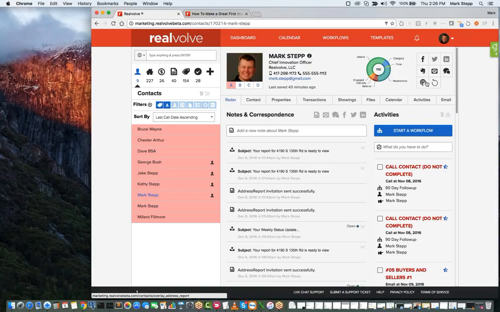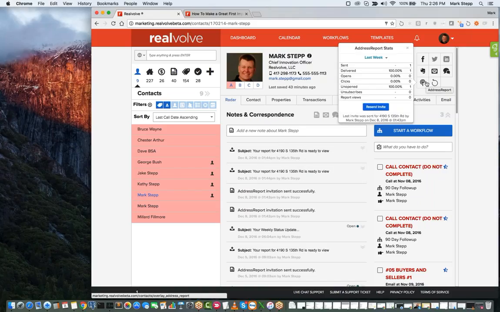So let me go to this here. There we go. Every time you send that out, it will show you how many times it has been sent and delivered. I haven't opened my email yet, so I know that I did send it, but it's not been opened yet. But how many times did they view the report that was sent? That'll come up, and each time after they do the invite, each time that they go and review that report,